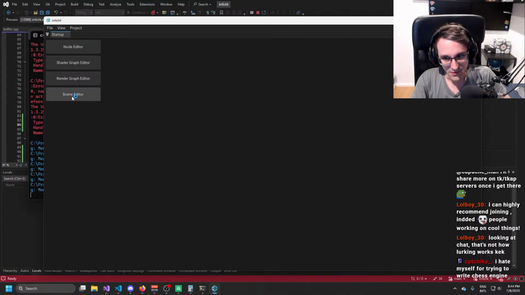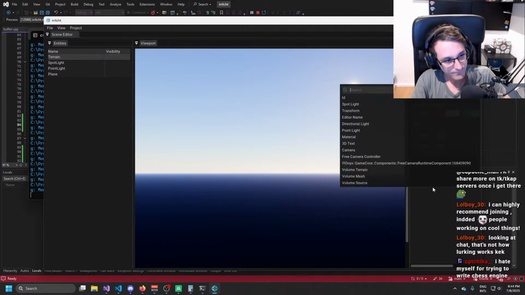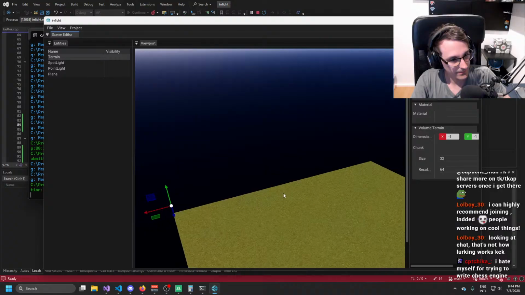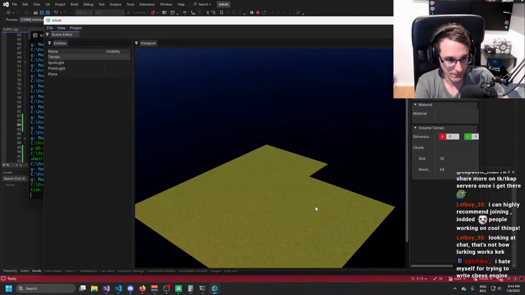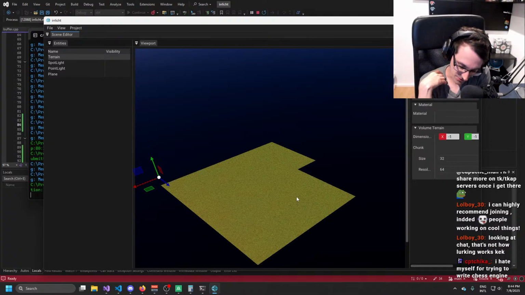I'm curious why it was so slow with the individual ones. I mean, it's not instance drawing, so that's why. Definitely slower, but yeah, probably I have to look at